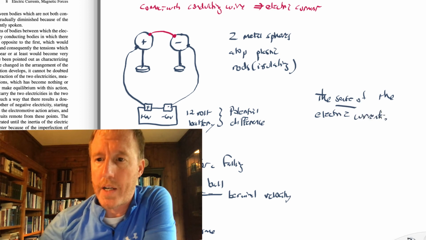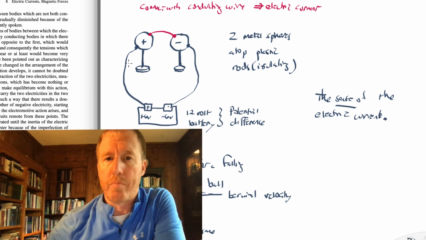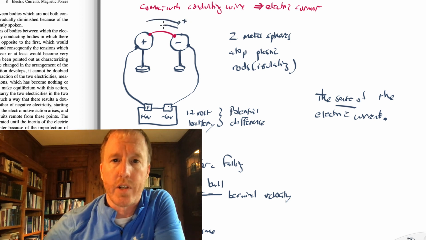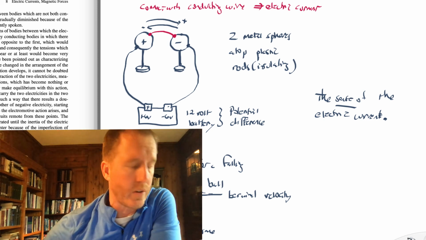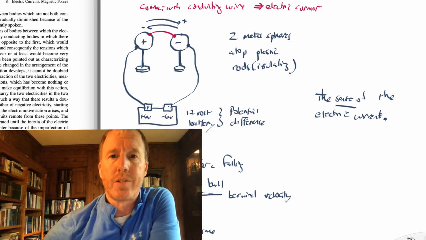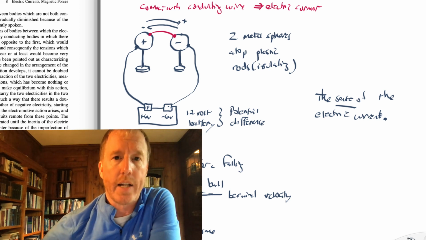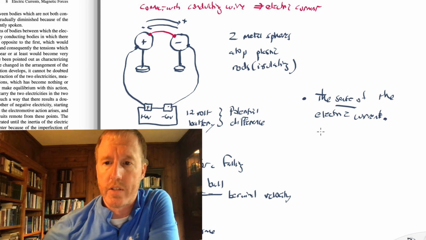This problem might have come to your mind as I was talking. We're talking about a current of positive electricity going in this direction and a current of negative electricity going in this direction. But when we talk about an electric current, which of those are we referring to? The positive flow or the negative flow? And Ampere says, well, let's just adopt a convention. We're going to adopt the convention that whatever way the positive electricity is flowing is what we are going to call the electric current.